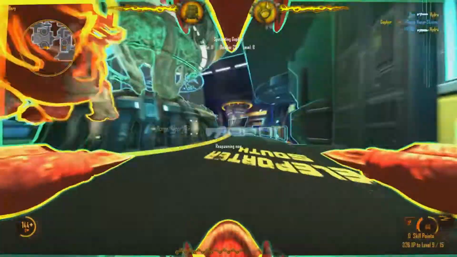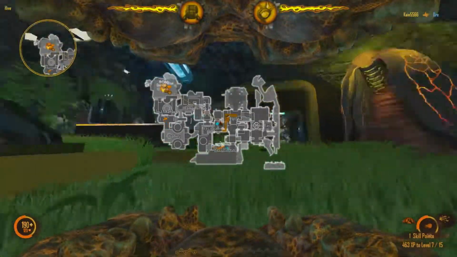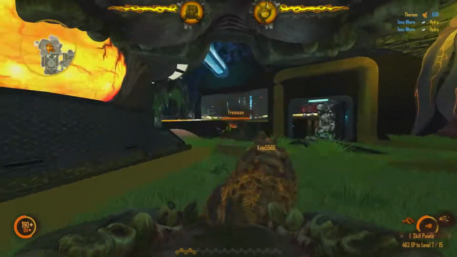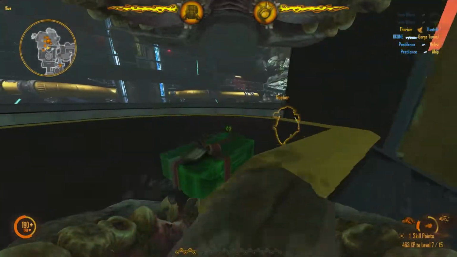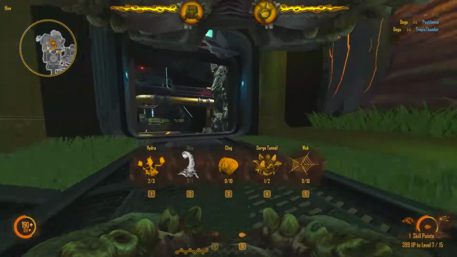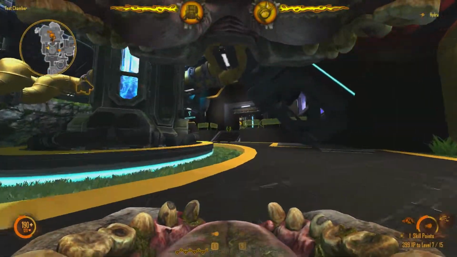Kind of like in regular NS2, where you have a certain amount of time before they research the tunnel. That's what I'm trying to say, before it gets researched. So this kind of simulates that. You see Gorge Tunnel is now lit up, but whips are not, so that's a cool thing, you can build whips, but